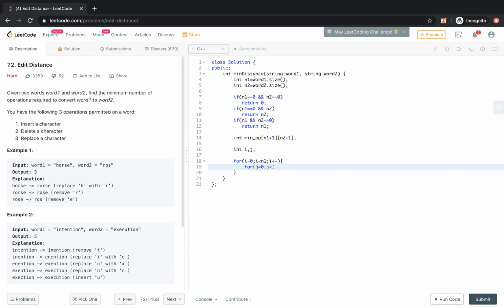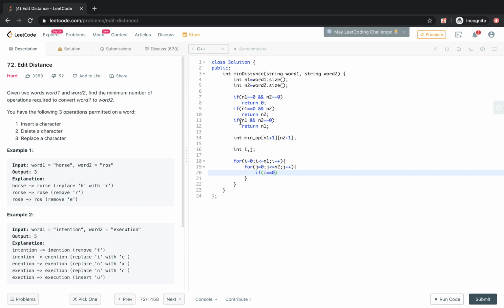j is less than or equal to n2. Here also, equal to. Then basically we have to fill the table in a bottom up manner. We have to consider if i equals 0, that means the first string is empty in the sub problem, then what will be the answer.